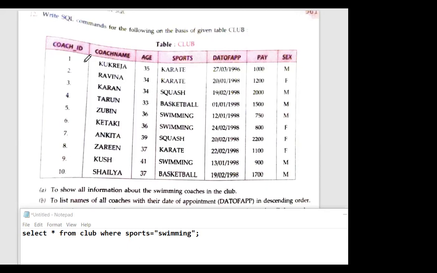Vivina, correct? Ajay, Vivina, even your column name is not correct. Achal, correct? Prince, correct?